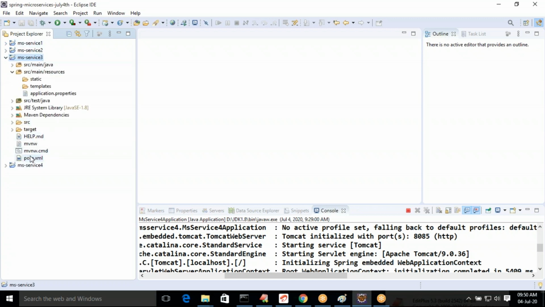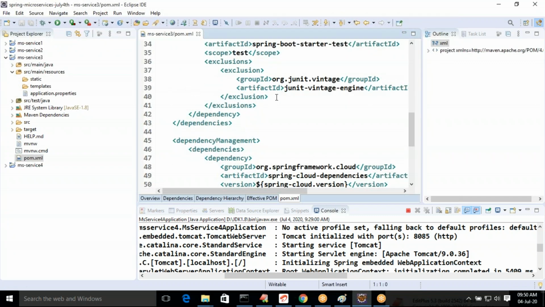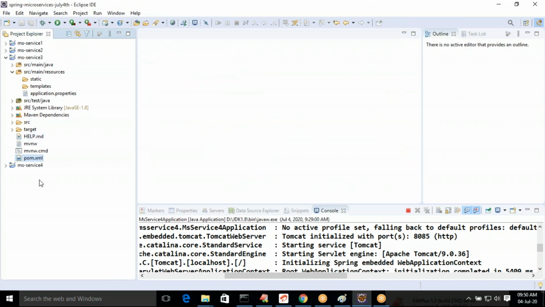Check it out in the POM.xml of MS Service 3. You can see OpenFeign. Then, how to use OpenFeign to make a call to an API which is available in the MS Service 4.